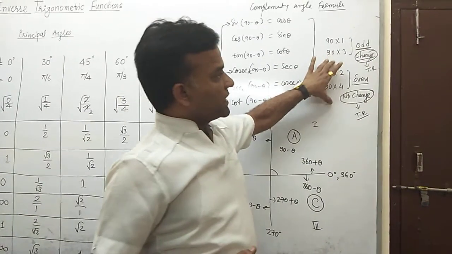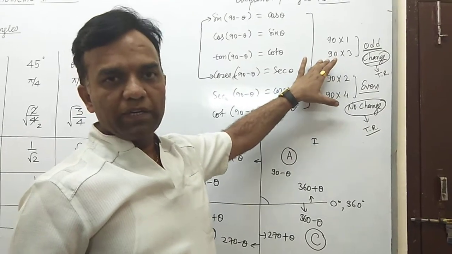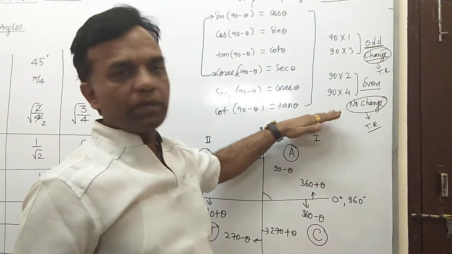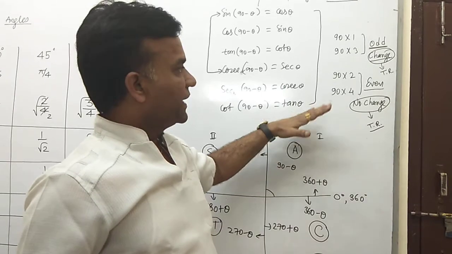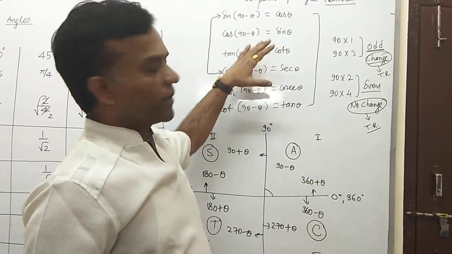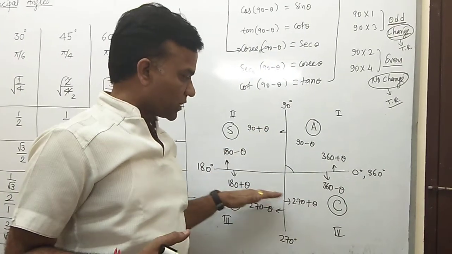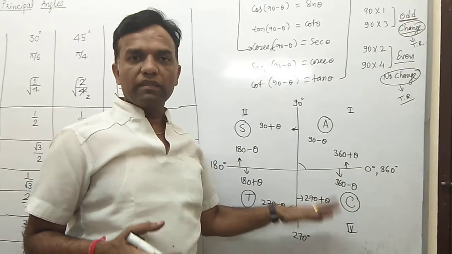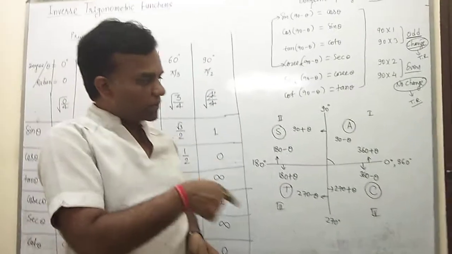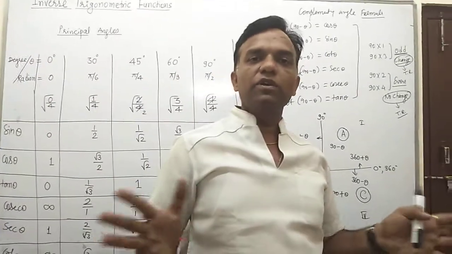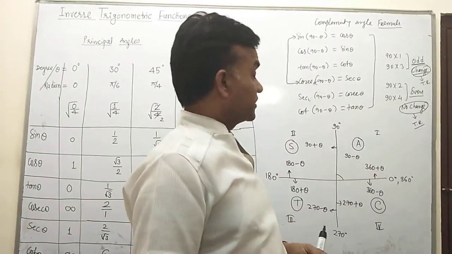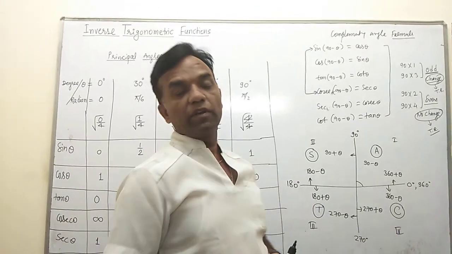So you also revise the concept of odd multiples of 90 and even multiples of 90. You revise it and then you draw all complementary angles from the first quadrant, second quadrant, third quadrant and fourth quadrant. Okay, and then revise it. And also you form the trigonometrical values related with the unit circle. Okay, so this is the very basic concept related to trigonometry.